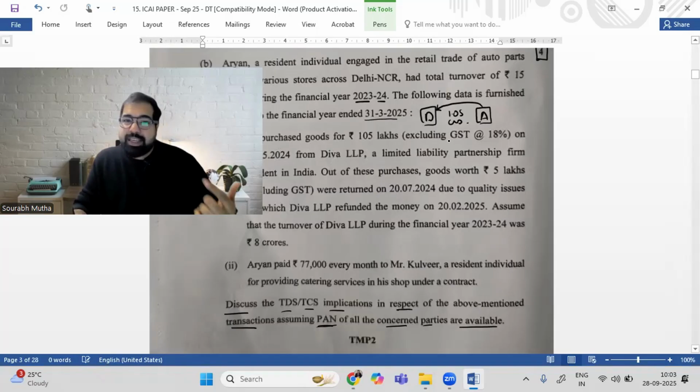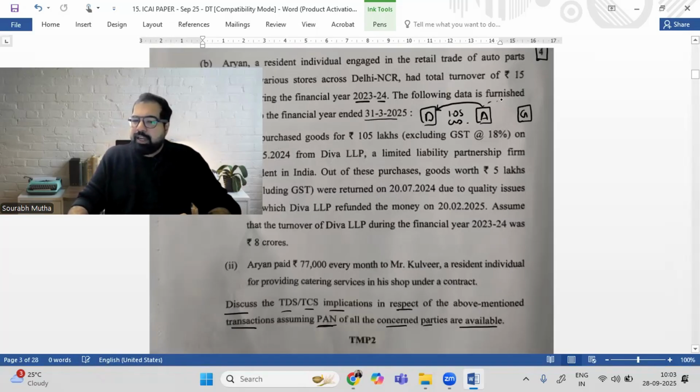That is the purchase. Is it more than 50 lakhs? Yes. And here is the government expecting some TDS. Let's talk about the section, guys, now. The section is section 194Q, quantity. There are two conditions to be fulfilled. The person who's in the middle, Aryan, his turnover last year should be more than 10 crores. Is that fulfilled? Yes. And he has to purchase from a particular person in India more than 50 lakh of goods. Is that also being fulfilled? Yes. Then there will be TDS at the rate of 0.1%, but only on the excess above 50 lakh.